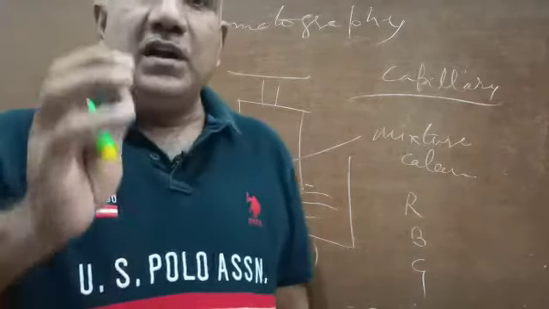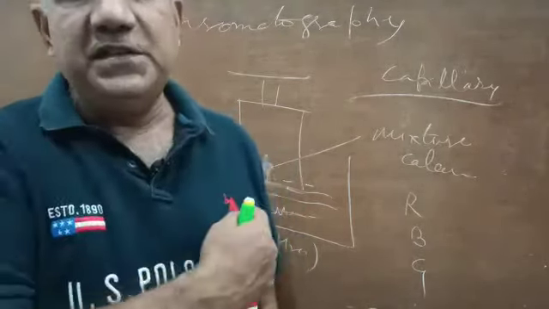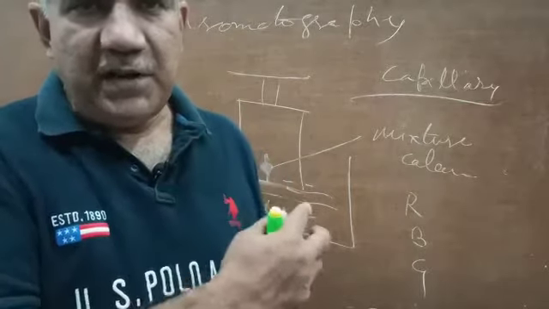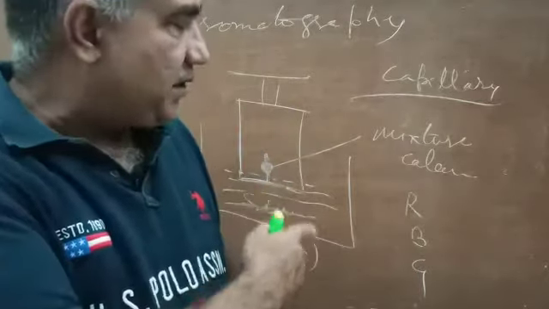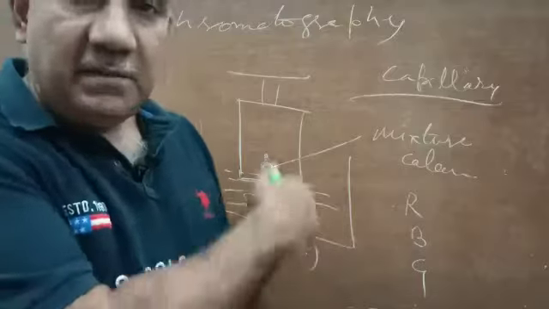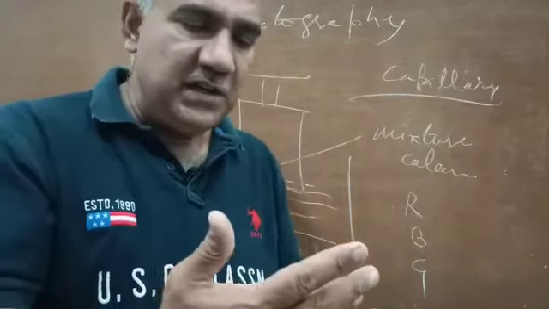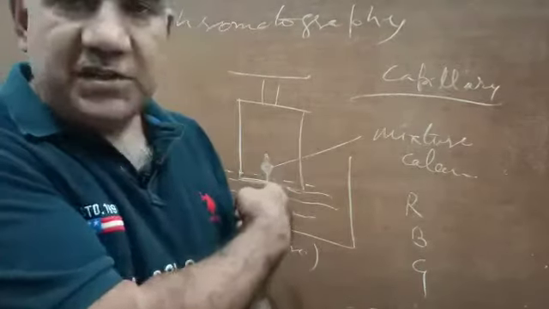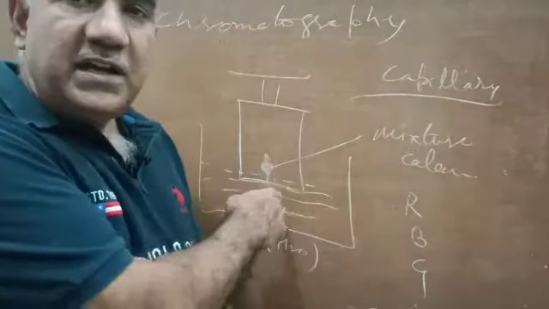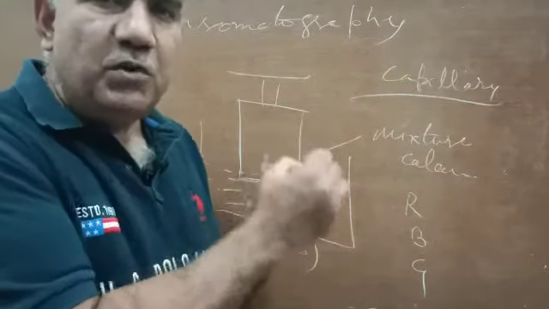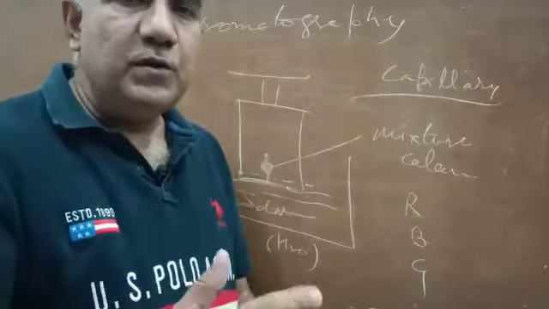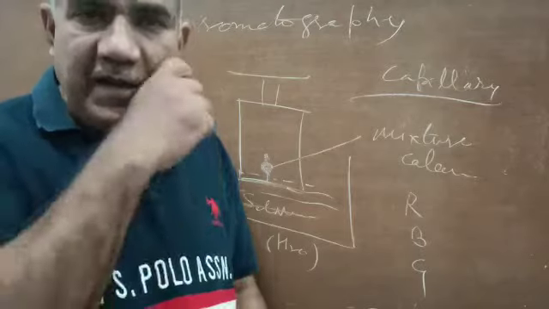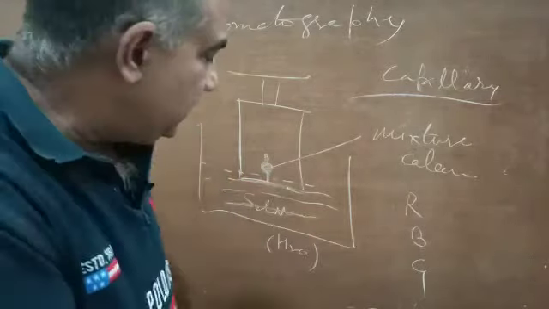Now has come the time when I must tell you very clearly what is the principle on which this works. The principle, or why we are able to separate different components from a mixture of color by using chromatography, is that two requirements are a must. Every component of this mixture, the dot that you have put here, must be soluble in the same solvent, and also their solubilities must be different. We will talk about this at length.